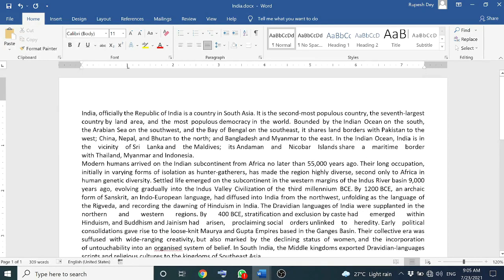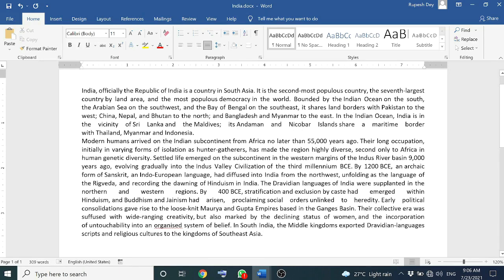Now we will learn how to add columns, how to divide text into multiple columns. The text in magazines or newspapers is often set in columns. A column is a vertical display of text. In Microsoft Word, there is an option to align text in 2 or more columns. By default, text will appear in a document in one column. We can divide the text into multiple columns.